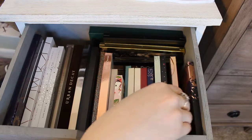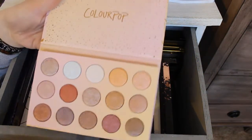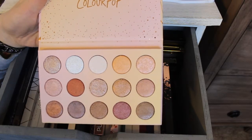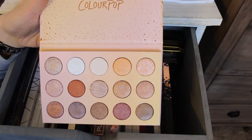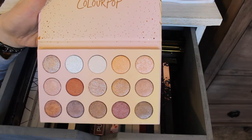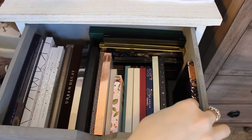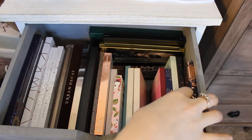We've also got the Golden State of Mind palette by ColourPop. This is a fun palette. Well, let's pull it to the side too and see how they pair next to the palette that I think I'm gonna want for H. Let's make sure there are none other that